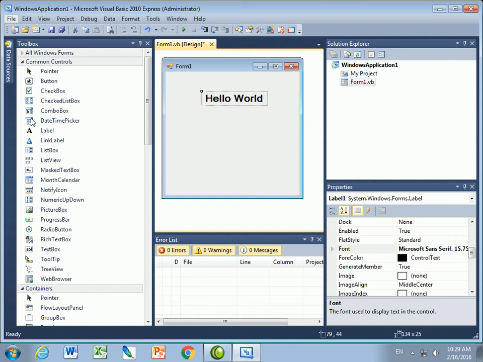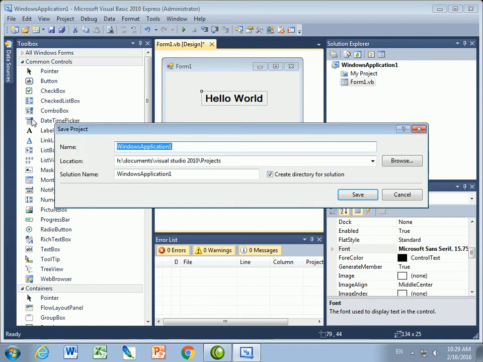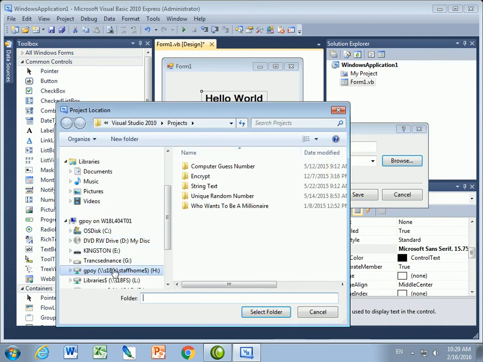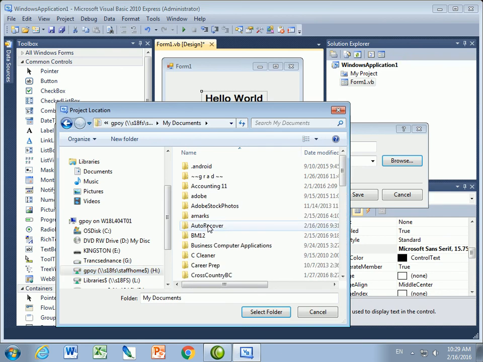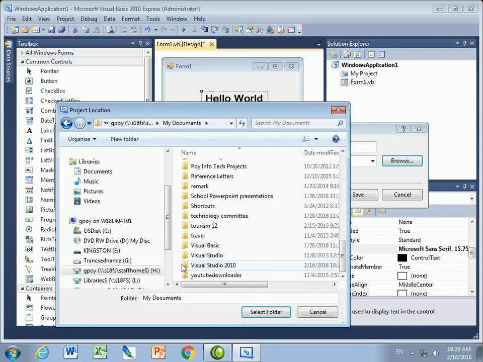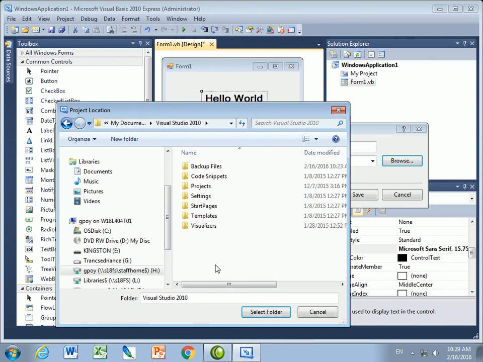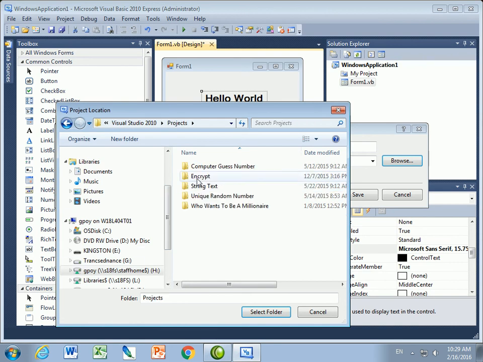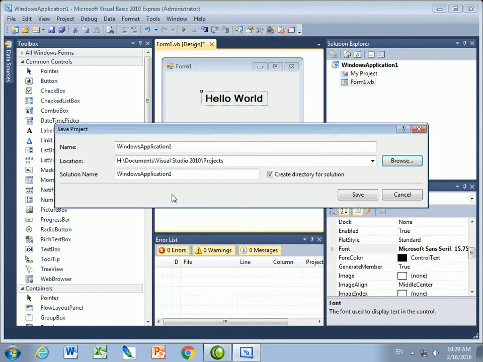We select Save All, which has the icon of the multi-discs, and I need to navigate to where I would like to save this. I'm going to click Browse, go to Drive My Documents, and then go to a folder called VisualBasic 2010, which is in my documents, and then you'll see another folder called Projects, and that's where I'm going to save my projects. So I'm going to select that folder. It's going to save in My Documents, VisualBasic 2010, Projects. I next need to give it a name. This will be Hello World. That's what I'm going to call this project. I'm going to press Save,